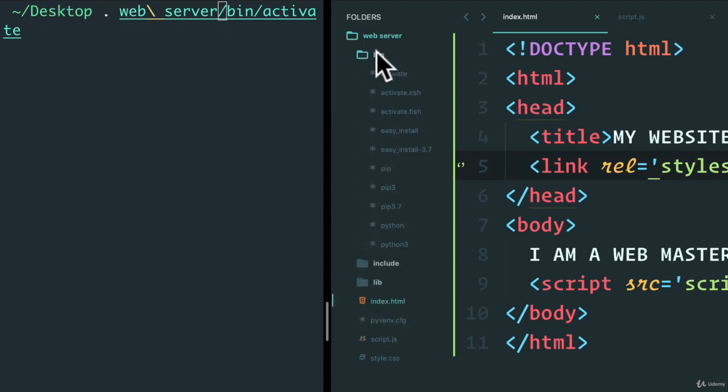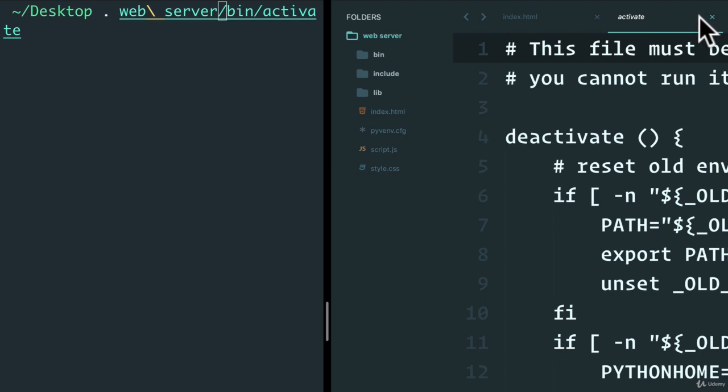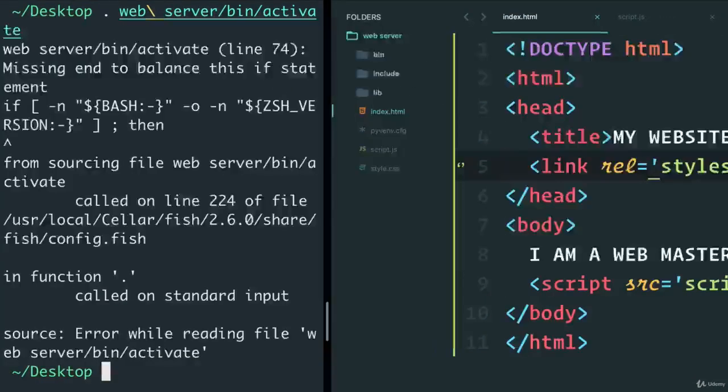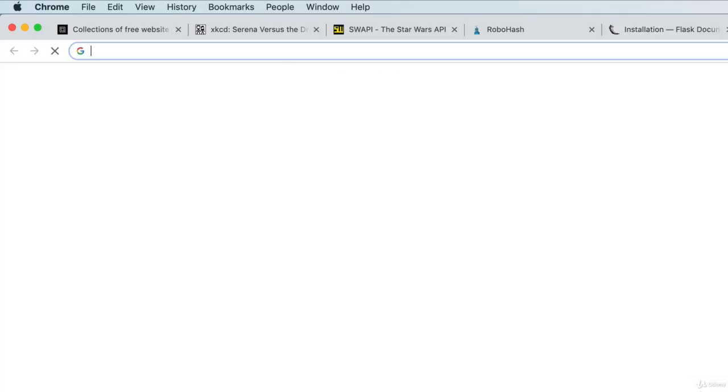And inside of the bin folder, right here, we have the activate executable. So all we're saying is, hey, run this executable. We don't need to worry about what it does, but if I run this, we get a bit of an error. The issue here is that I'm using something called a fish shell. The reason I'm showing you this is because everybody's machine is different. So whether you're on Windows or Mac or Linux, or maybe you're using a different type of terminal, you might get these errors. The best way to solve these is to go to the venv